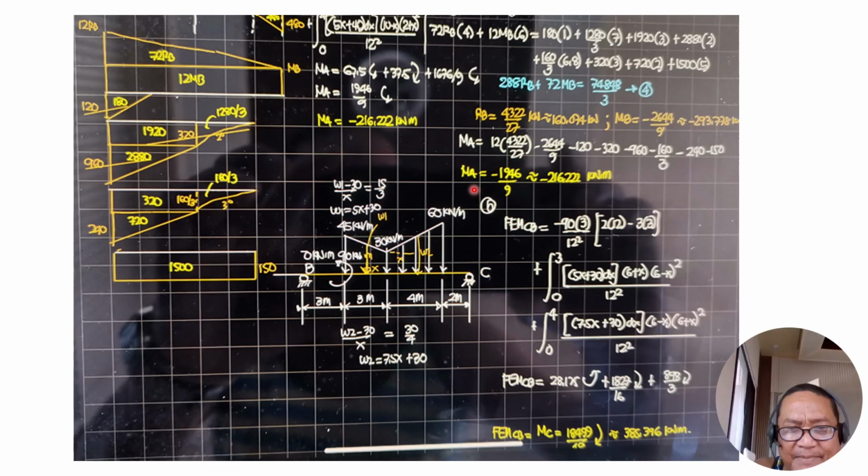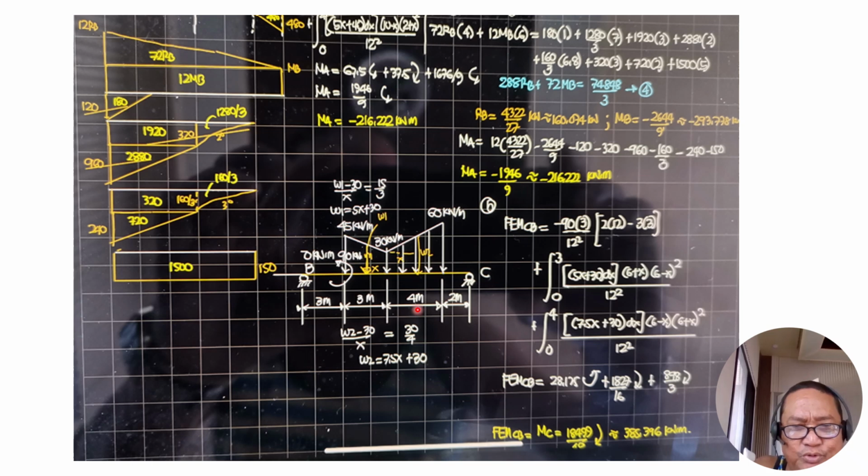We obtain MA or fixed moment AB, which is the same, negative 1946 over 9 or negative 216.222 kilonewton meter. Now for the second part, fixed moment CB, using direct formulas and by integration,